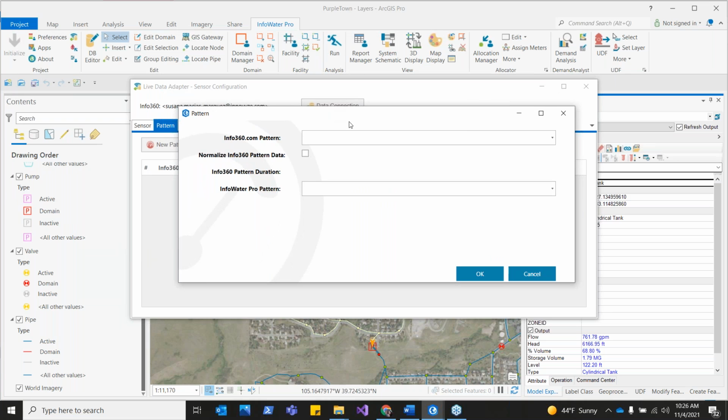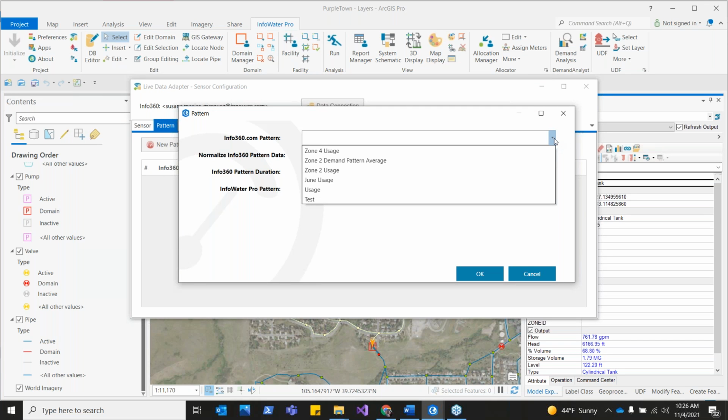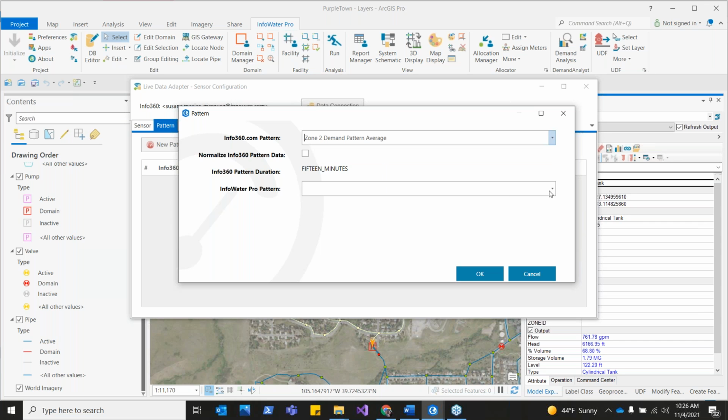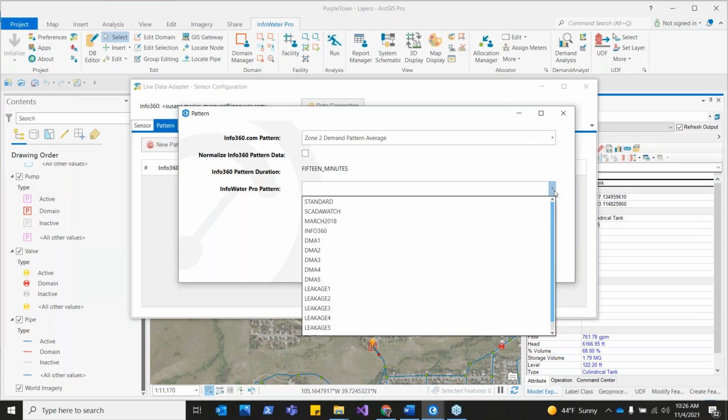And then within this dialog, we can access any of the Info360 patterns that are currently within the account, and proceed to map that towards one of the InfoWater Pro patterns. So in this case, I'm going to map the Zone 2 demand pattern average